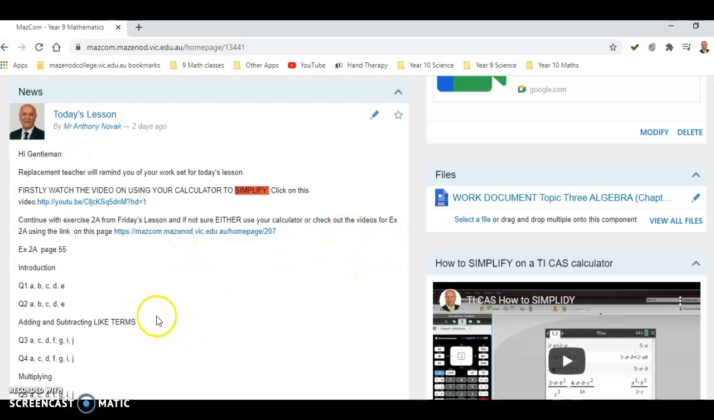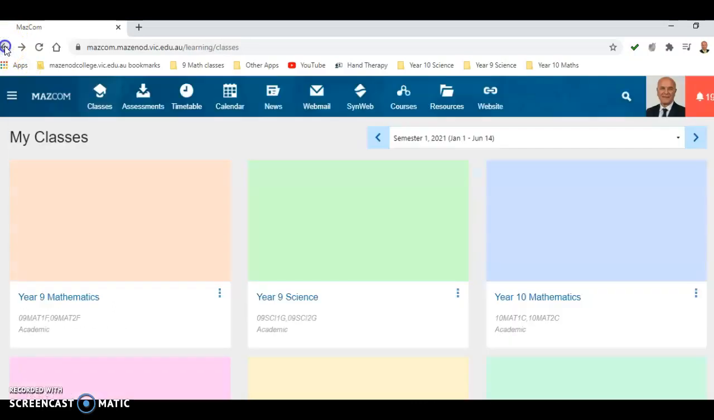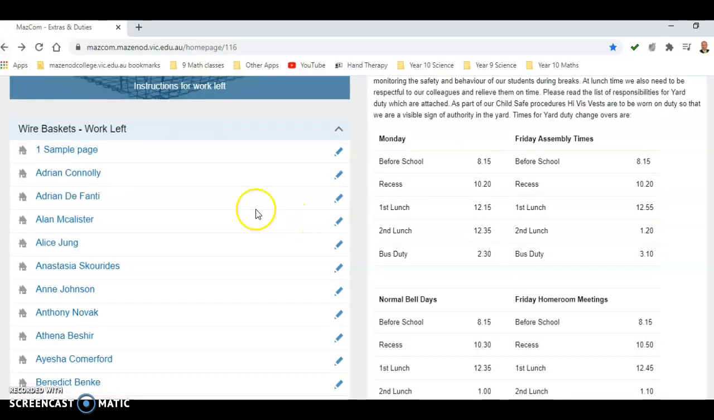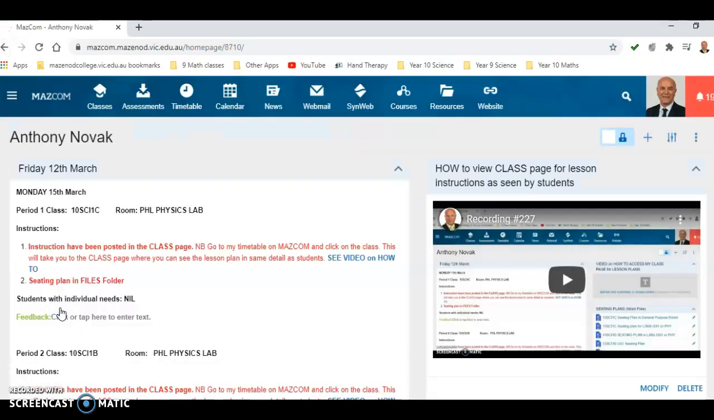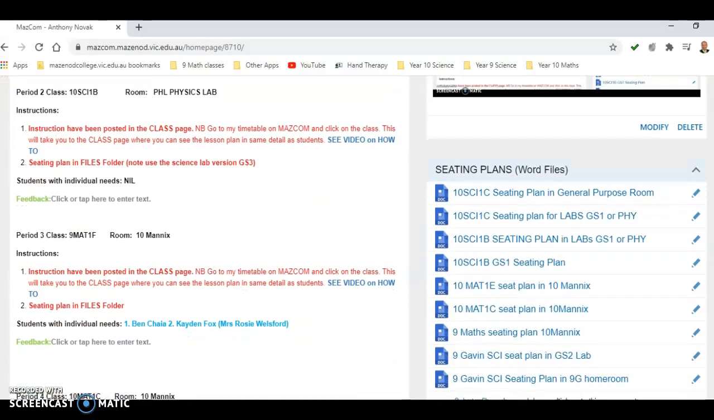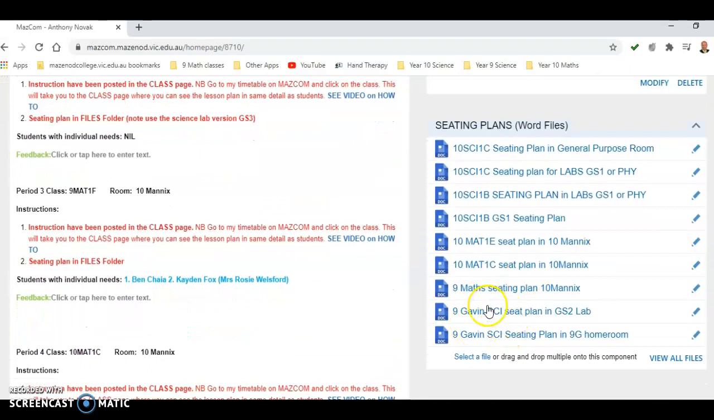And if I go back to the original screen, which was back here, I also have a seating plan, and all the seating plans are usually in alphabetical order, so it should make taking rolls a little bit easier